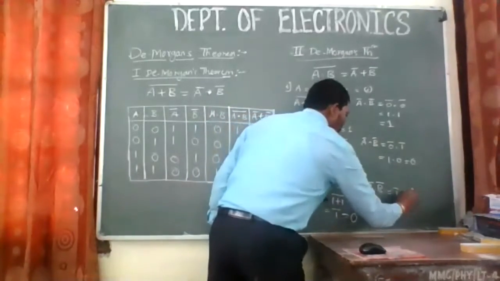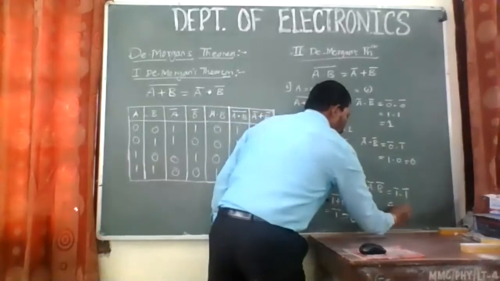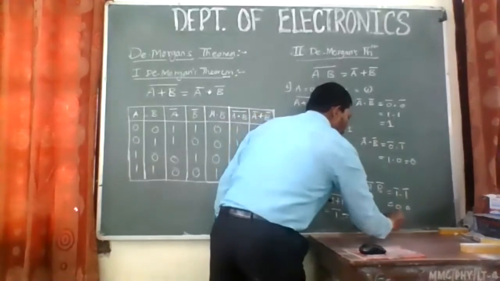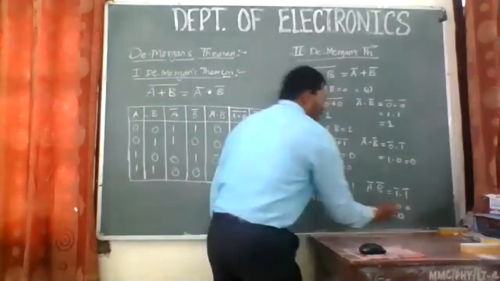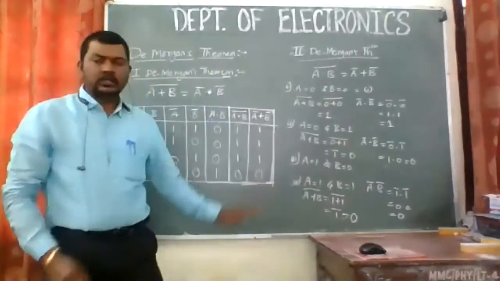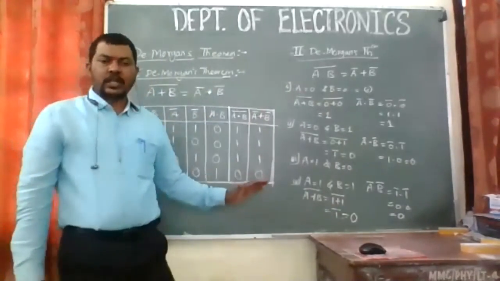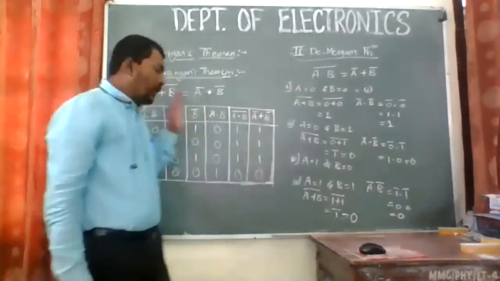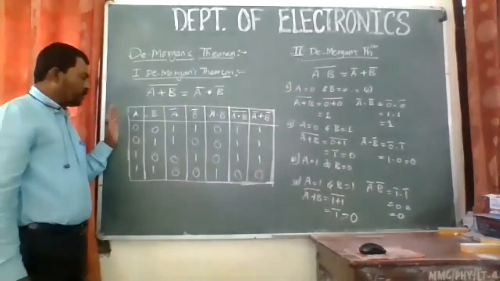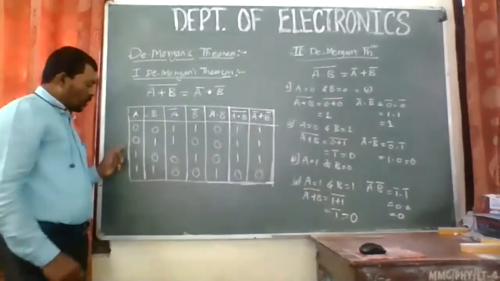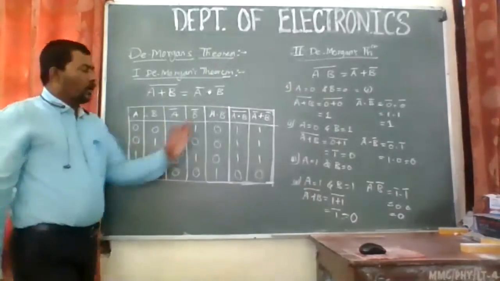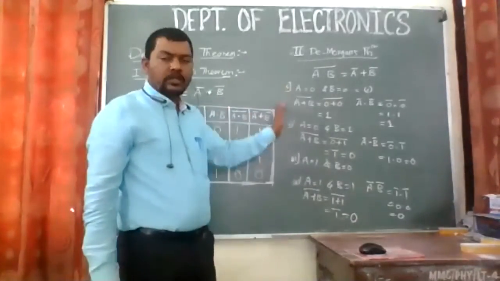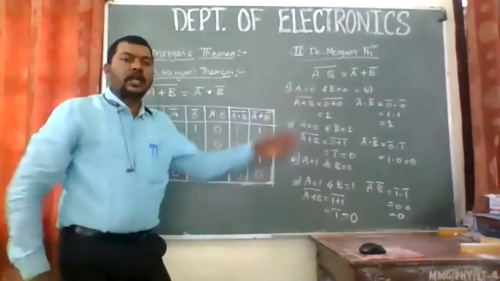So this is 1 complement dot again 1 complement, that is equal to 0 dot 0, and that is equal to 0. So again, if you are able to see all these situations, all these conditions can be explained one by one, or else you can put this in a table. So I have put it in the table, and these are all the 4 possibilities that we can give. I have written this in another form, that is in the form of equations.